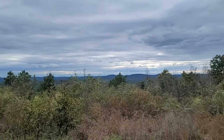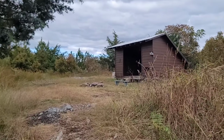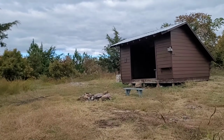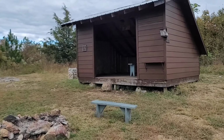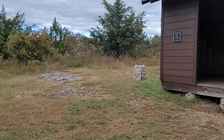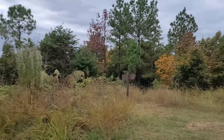But yeah, I definitely suggest you hike up here. It's literally 25 minutes away from the glam site. And I got up here from the trailhead in about 17 minutes. It's like 0.8 miles. It's a moderate hike. You go up some hills, but it's nothing that nobody can't do as long as you stop and take breaks and bring some water with you. Anywho,